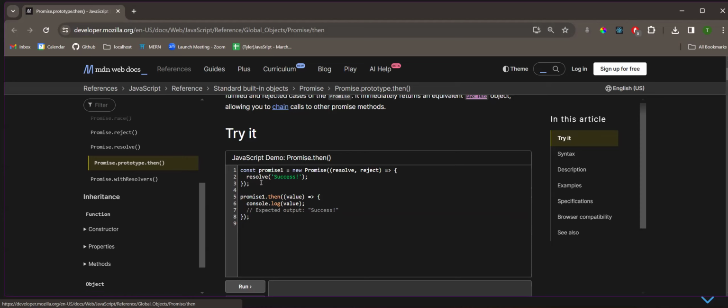Okay, so the example they give on MDN is they create a promise, resolve, reject, and then they invoke the resolve function. So if it resolves, if it's successful, then we call .then. And .then also returns a promise, but inside of .then we can invoke other functions that work on the data from the promise. Okay, so any questions so far?